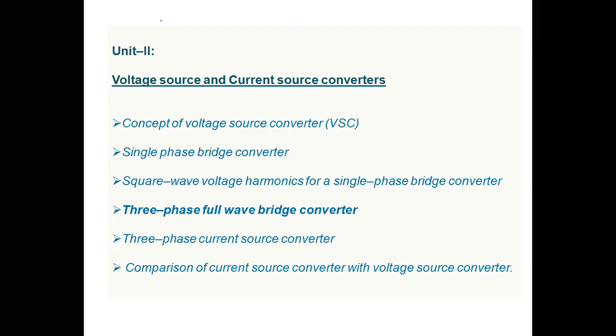In that we get a square waveform, so there you will have harmonics. We have analyzed that waveform and the expressions and equations for the fundamental component. We have seen the even order harmonics are absent, because the waveform is symmetrical. Whatever you get as positive, the same as negative you get in the case of a square waveform in the bridge converter.